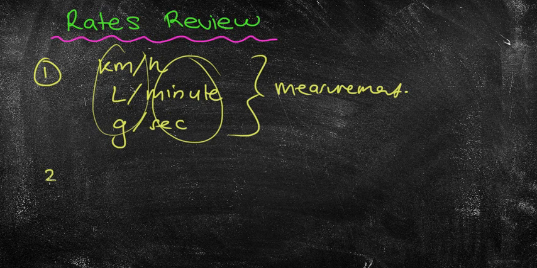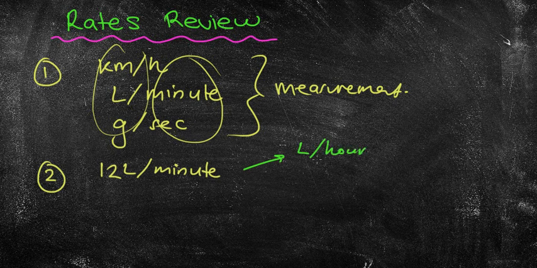So, an example might be, I've got 12 litres per minute. So I might be filling up a bath at that rate. So they can ask you different questions. For example, they could ask you to put that in terms of litres per hour, which is not a bad question because all you're doing is converting the minutes to hours, not the litres, so we're only making one sort